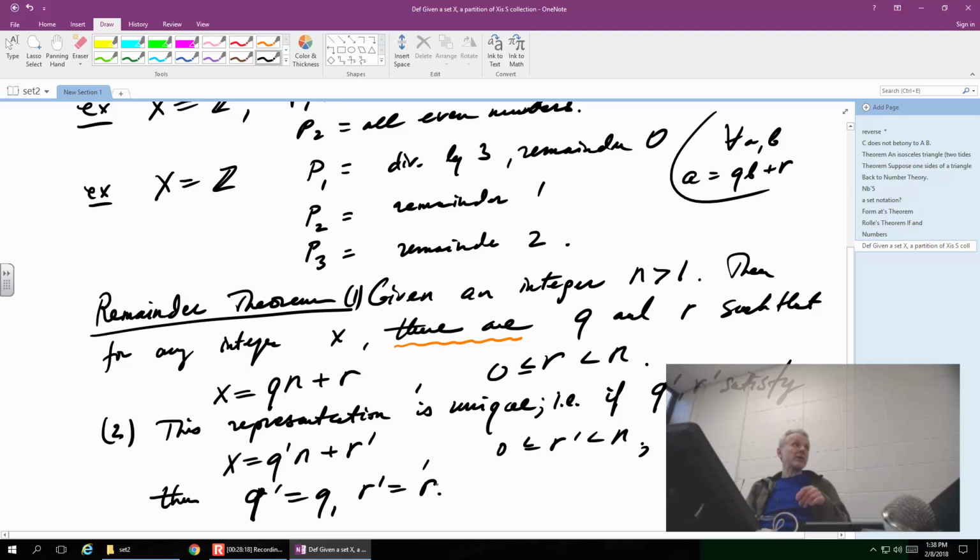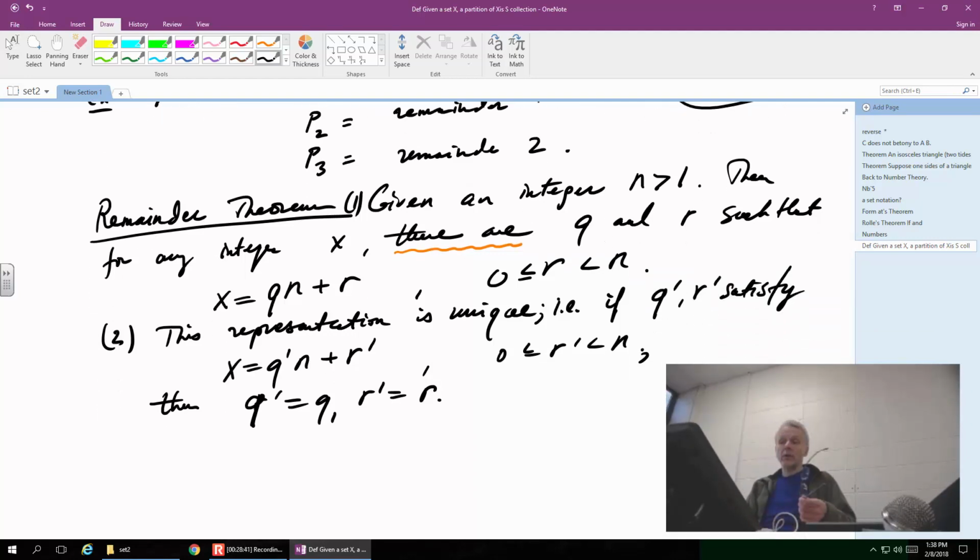Okay, so with the limits, it's one number and it's easier. So you say, well, if this number also satisfies the definition of the limit, then it's the same number. Similarly here, if I have another quotient and another remainder, which means that they have to satisfy this equation, then it is the same. These are the same pair of numbers. So that's how you clarify it, and it's really necessary if you actually want to prove it.